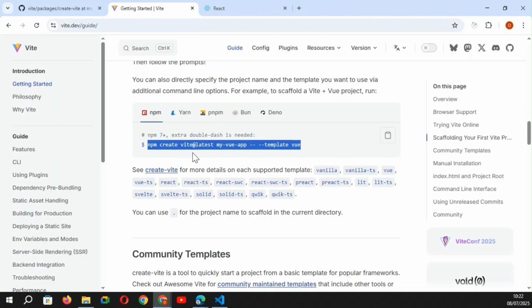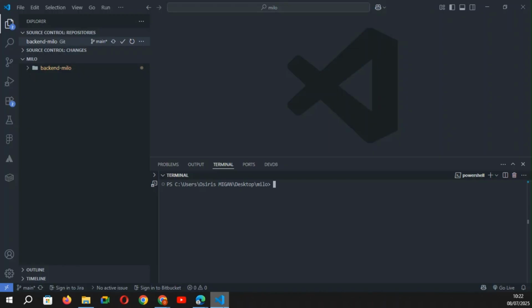I copy directly this command, and in the main folder of my project Milo, I paste, and here I can specify the name of my application, frontend Milo. Okay, and if I click on enter,